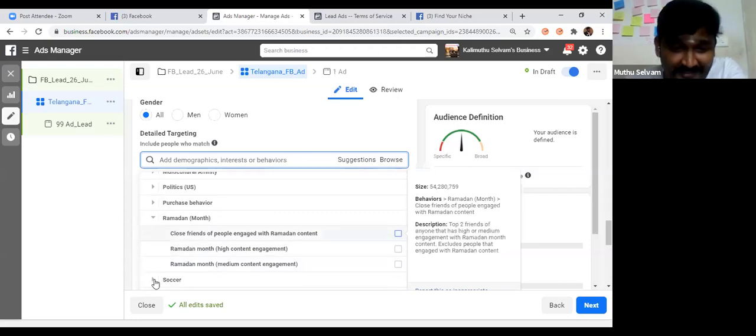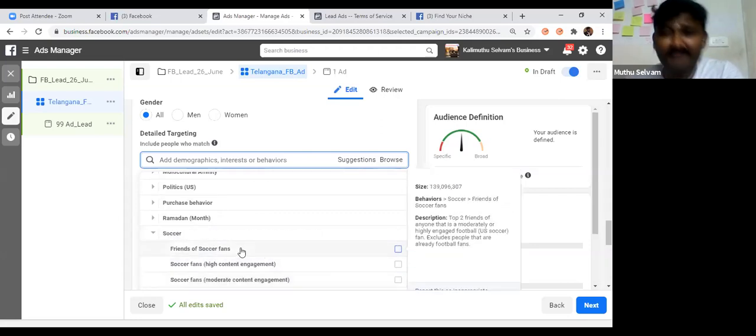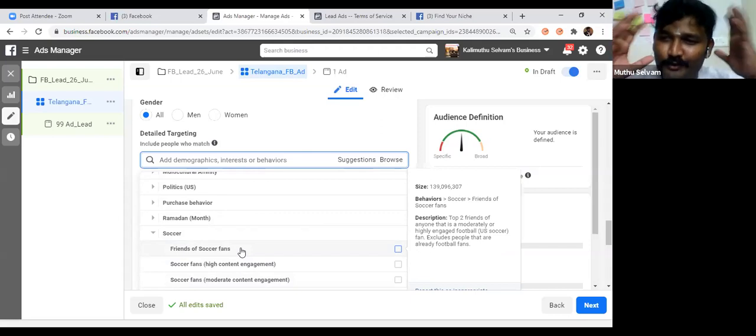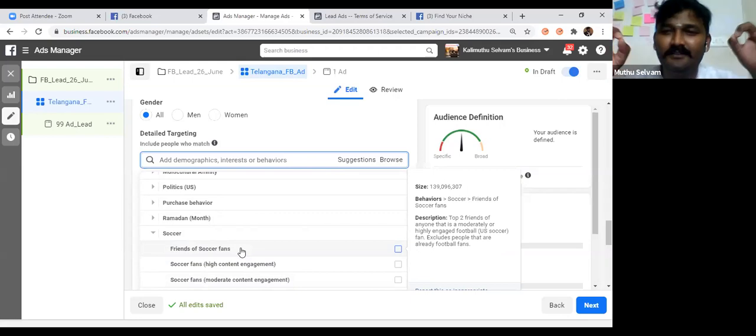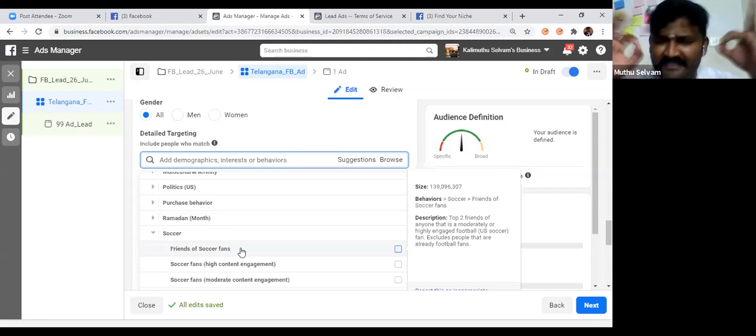Even for the Ramadan month, that is also there. The only thing is, Facebook has given the data. They have given the open space and tools. Using that tool, how you build your house, whether 2 BHK or 3 BHK, that is your thing. The cost is also based on that only, because Facebook will not optimize your ad. You are the person who has to optimize it and make it a profitable ad. That is pretty much the secret.